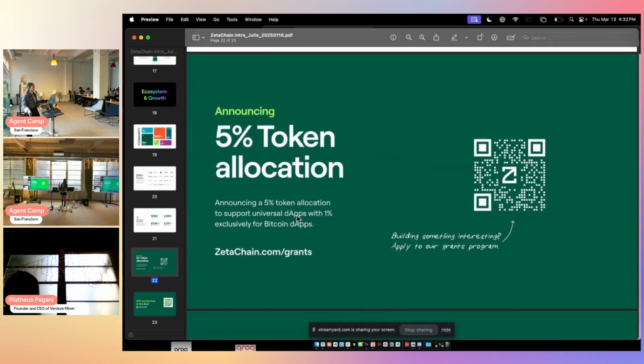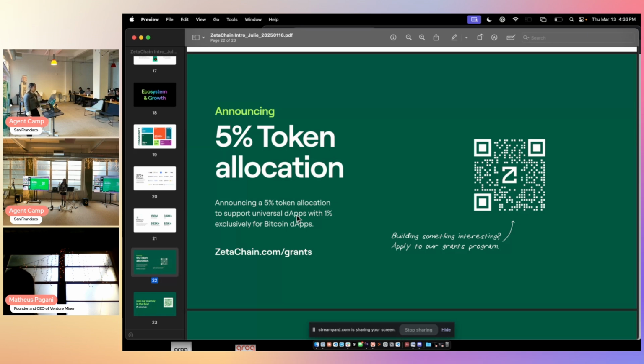And we actually have a grant. I know a lot of people are reaching out to me to ask about ZetaChain grants. We launched mainnet last year, in January. After that, we have been doing very heavy work on integration with other chains. We announced Solana this January, and both Sui and TON are on testnet, so they're launching very soon.